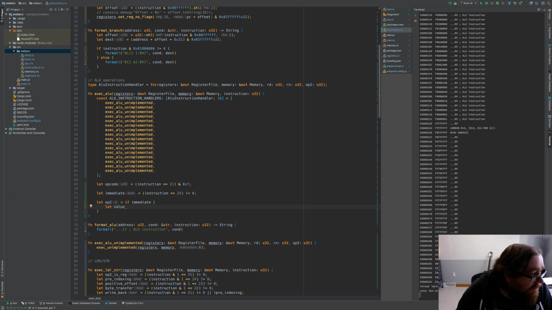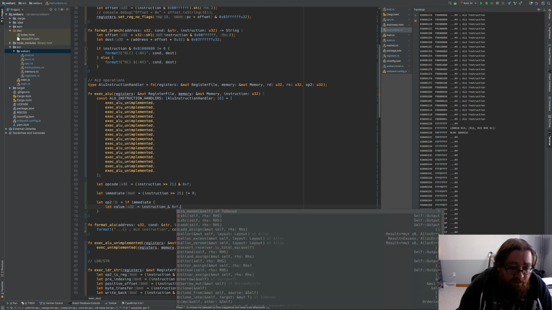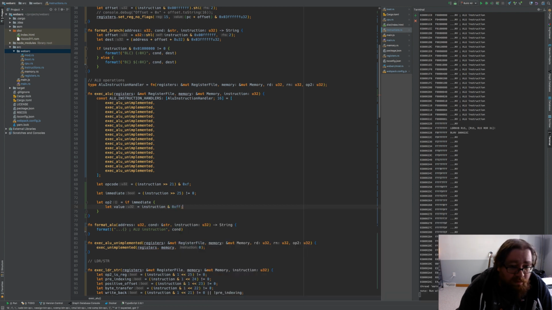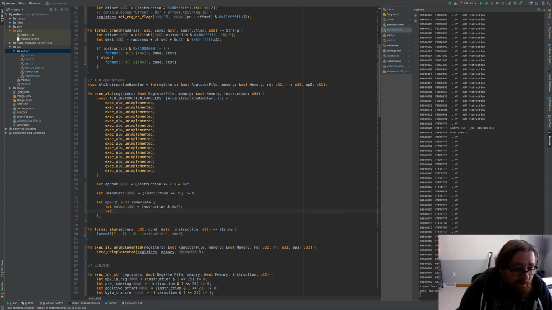It's kind of a rubbish name, but value equals the instruction ended with that, and let rotate, why can't I type? Rotate equals the instruction